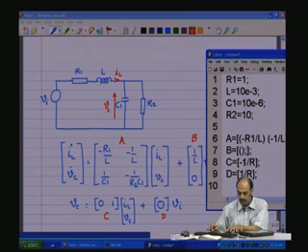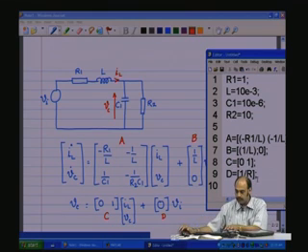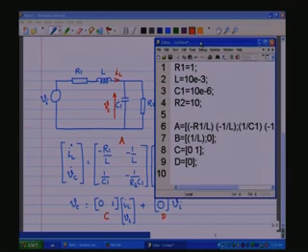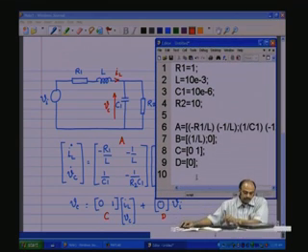So, we have a semicolon and 0, and here it is 1 by L. The outputs that you want to see right now, of course, the C matrix 0 and 1, we want to see VC as the output, and the D matrix is 0. So, this is the model that we have,